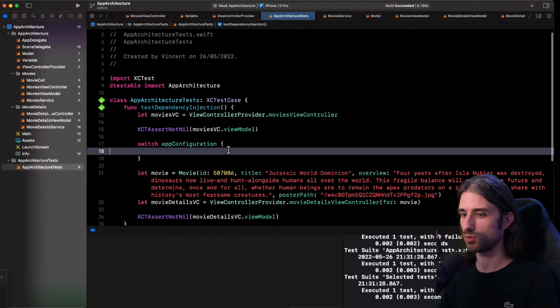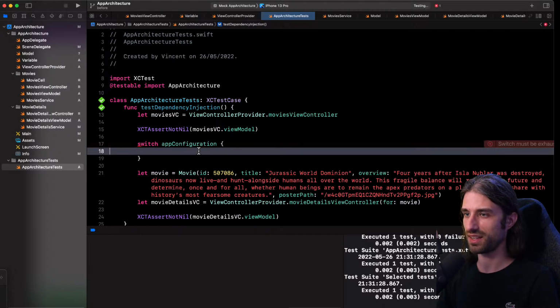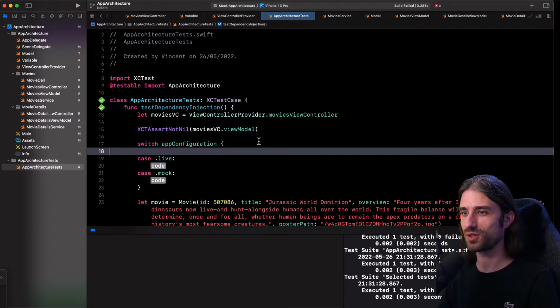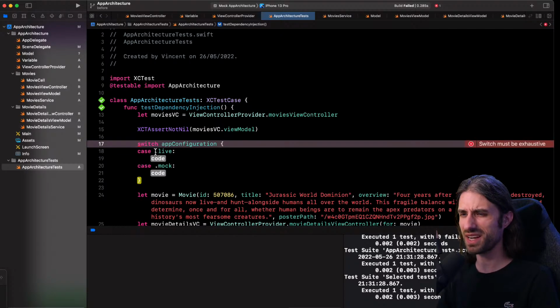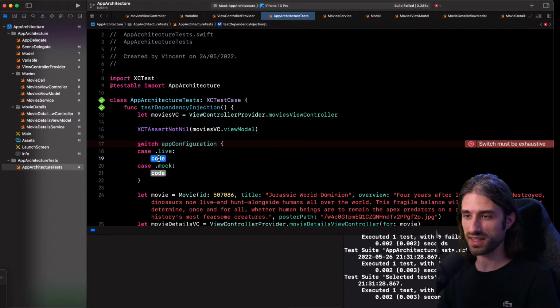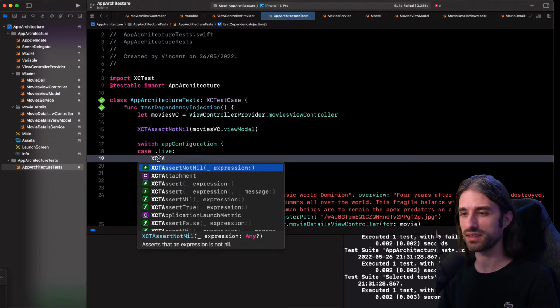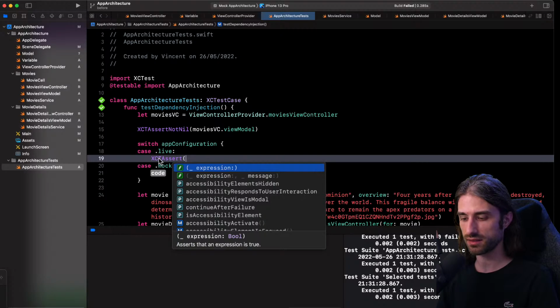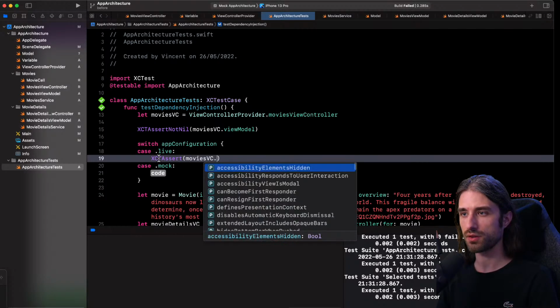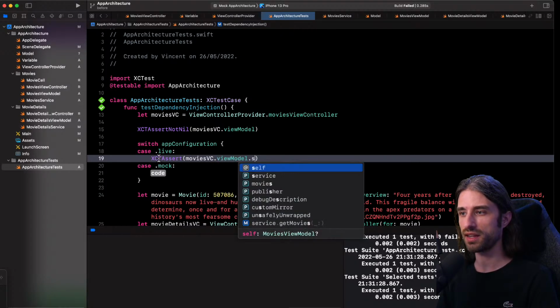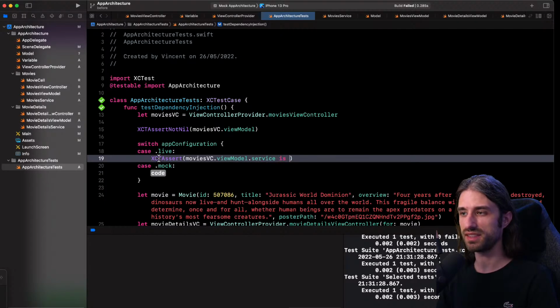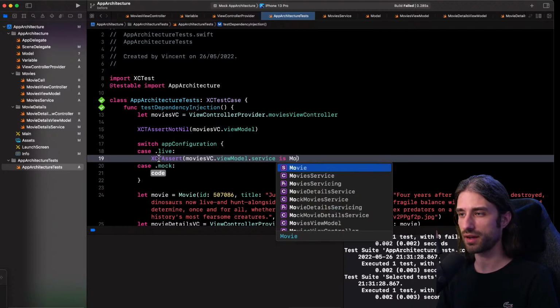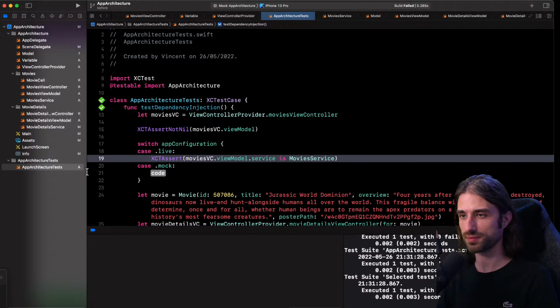I would like the compiler to help me and generate the code for me, because remember, I'm lazy. I want to assert that when I am in the case live, the view model has a service that is of type movies service.